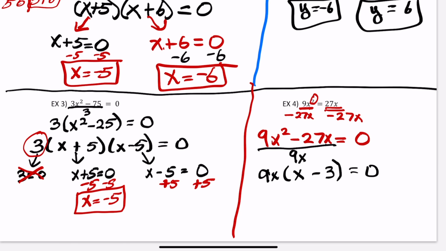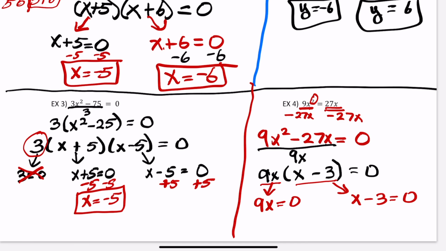Now I have two factors here. I have a 9x and an x minus 3. Both of those factors have an x in them, so both of these factors can be set equal to 0 and I can find an answer. So I can set 9x equal to 0 and solve that, and I can set x minus 3 equal to 0. So anytime you have a greatest common factor with an x in it, you can find an answer using